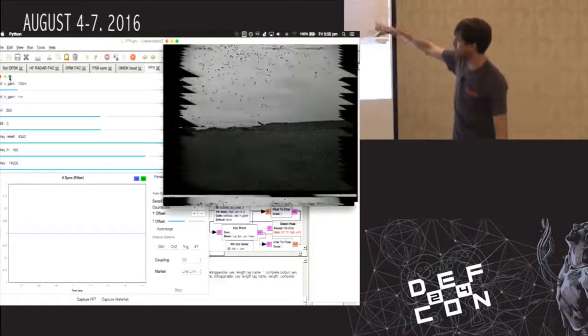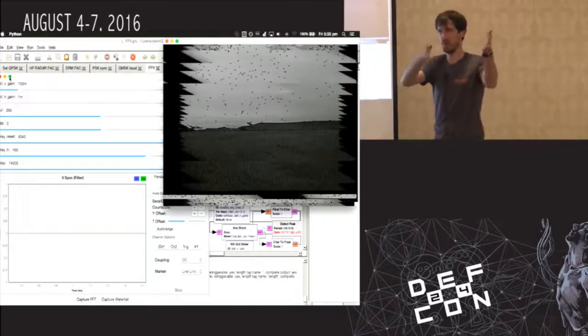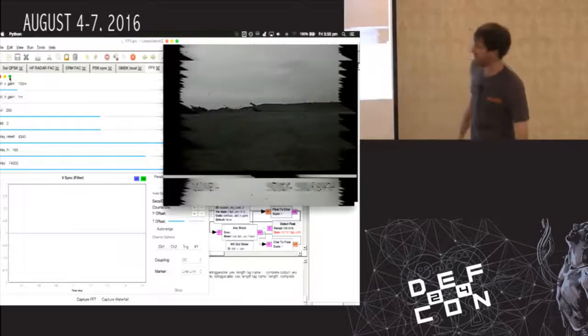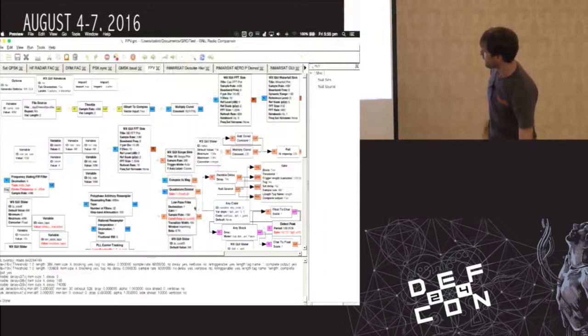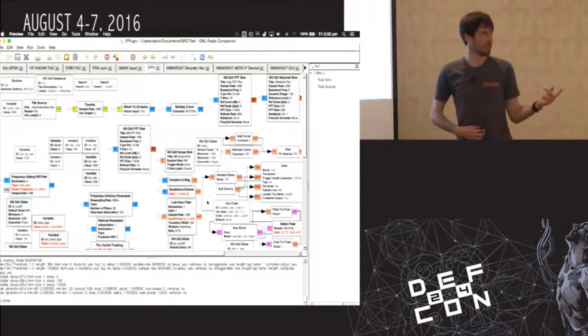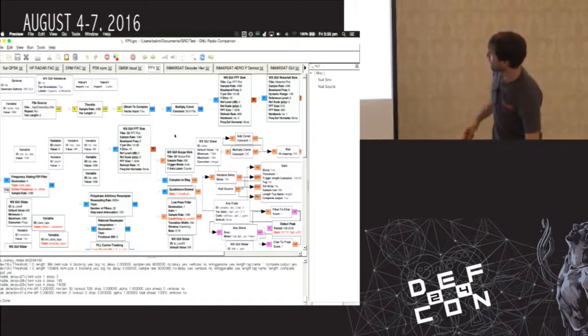If you take out all the special synchronization stuff, you get a solid image, but then you get roll in both vertical and horizontal because the timing's not quite right. But anyway, that's ongoing work too. So if you've got FPV, I think someone was going to bring an FPV thing, but anyway, it's an old school